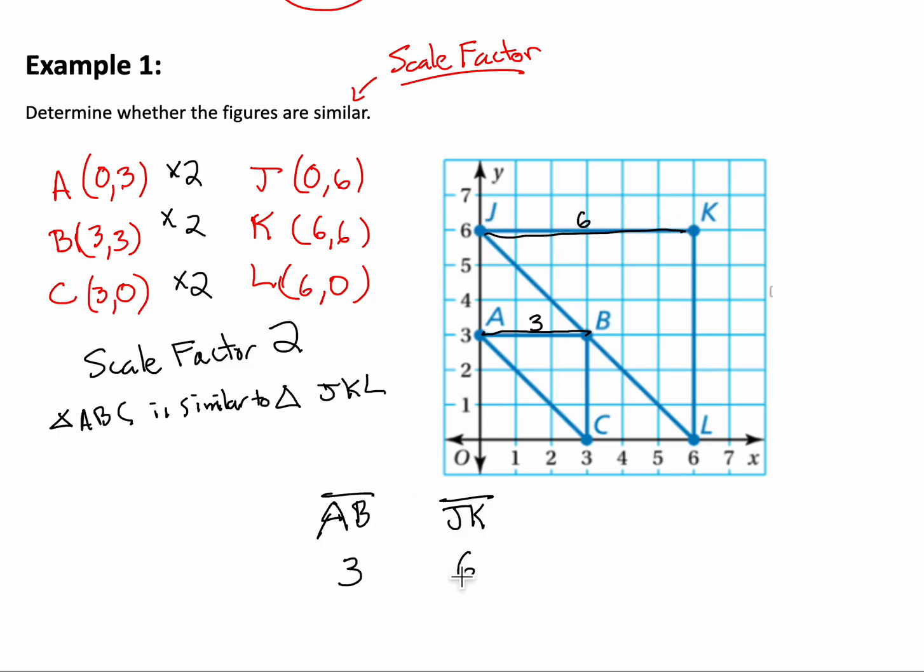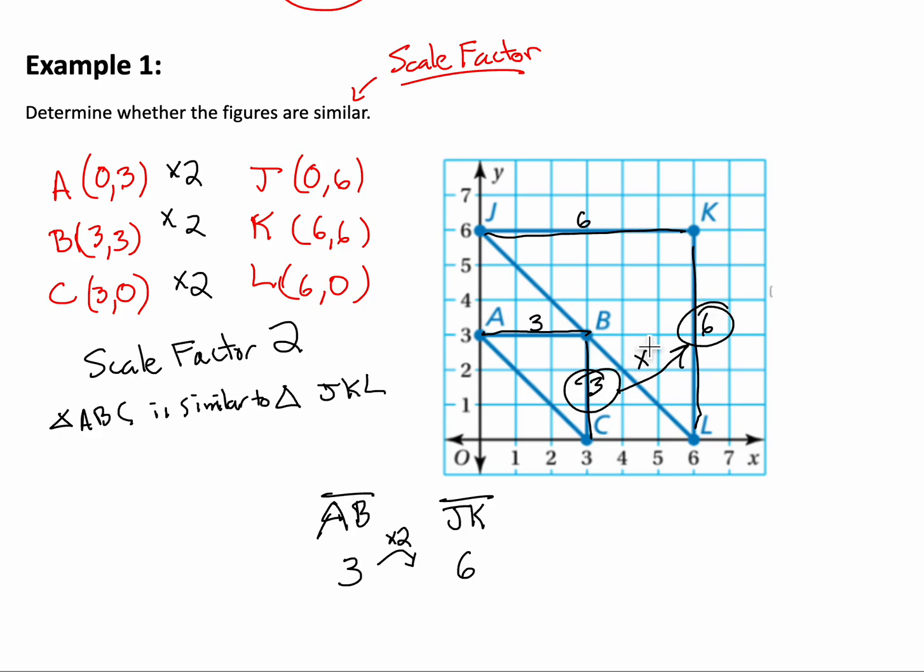So we can see that one is times 2 also. But we also have to make sure not just one side, but all sides. So we can see that BC is 3 and KL is 6. So that's got that scale factor